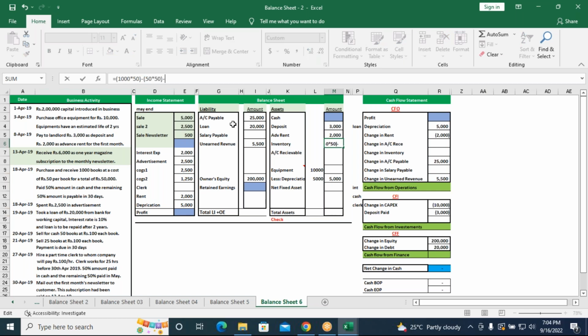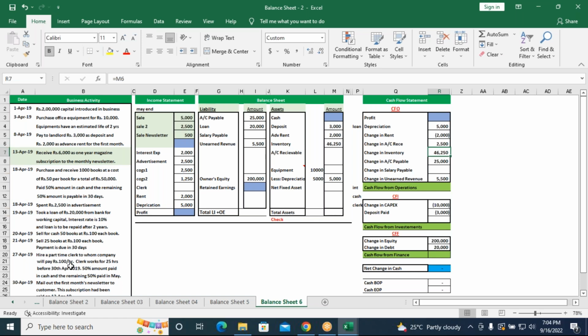Then again one more COGS is there, that is 25 into 50. The first sale I made was 50 books, the second sale 25 books. Both the books were bought at this rate. So here inventory will be equal to 46,250. Then accounts receivable: the first sale we are receiving in cash, the second sale we are yet to receive, meaning it is a credit sale. So receivable will be equal to sale 2. Okay, so next,